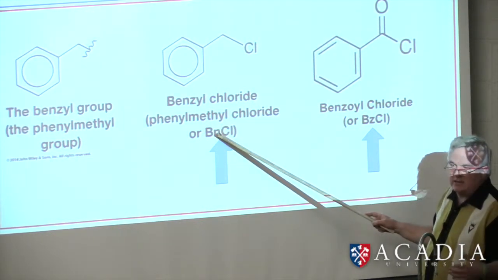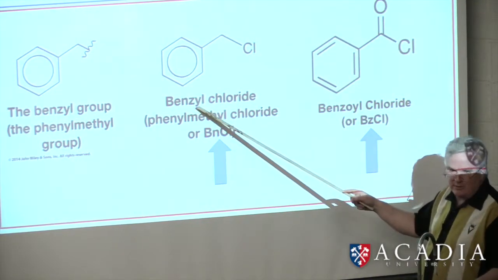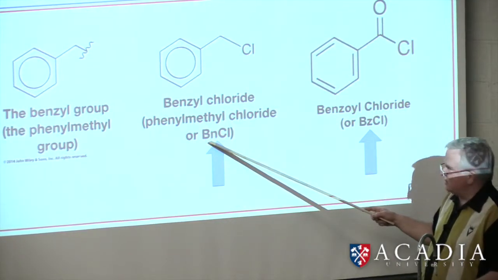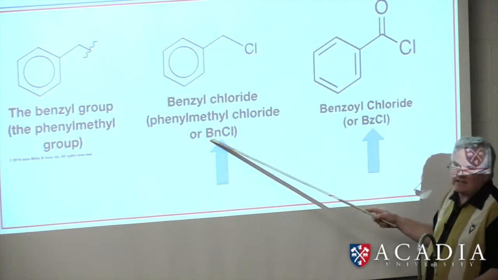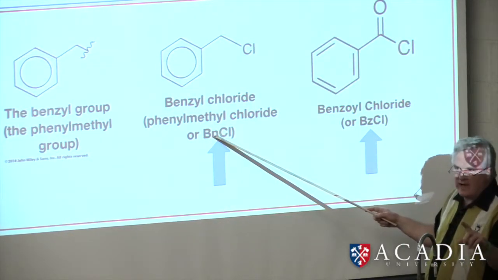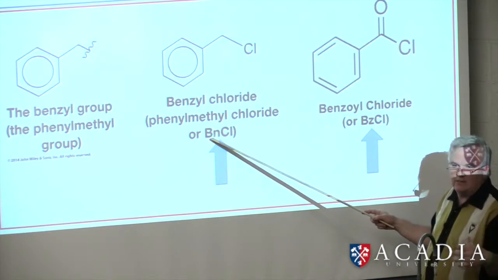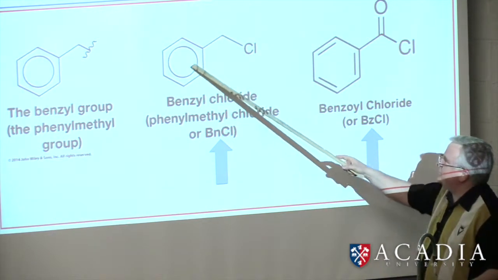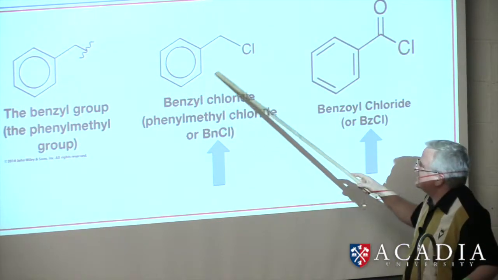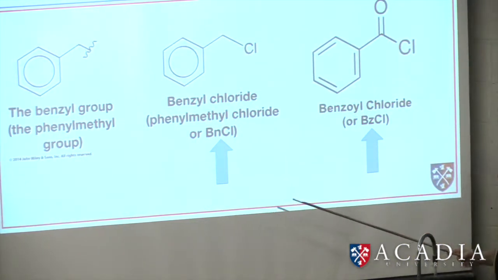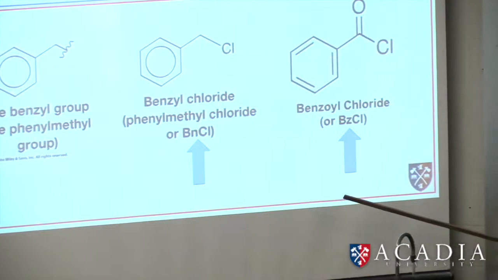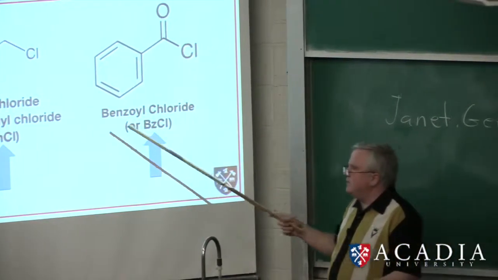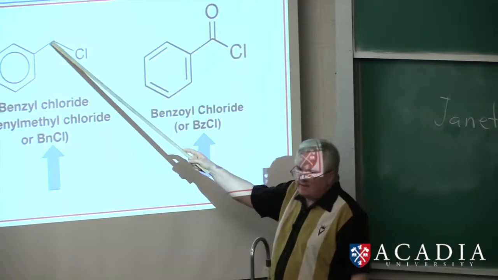You'll see these, that Bn instead of writing benzyl, because chemists are lazy and they just try to make things as short as possible. And a lot of this is actually because we put things over and under the arrows. That's why we have a lot of acronyms, so you can fit all that information in a short space. So this is benzyl chloride. We're naming this whole group as the benzyl, and we could also call it a